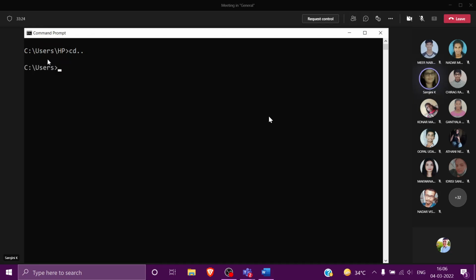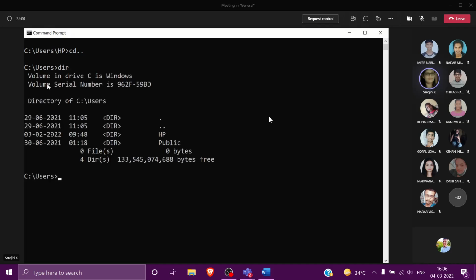I pressed enter. Now you see, previously I was in the HP directory, and now I am in the users directory. Initially I was in the HP directory, and now I came to the users directory. How did I come? By typing the command cd double dot. Now, being in the users directory, if I type dir and press enter,